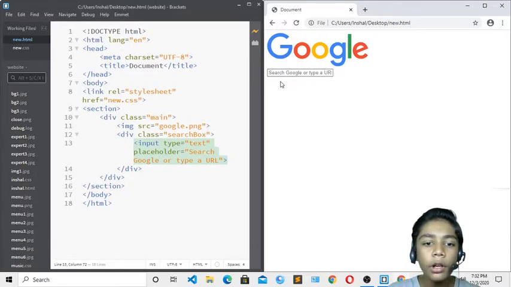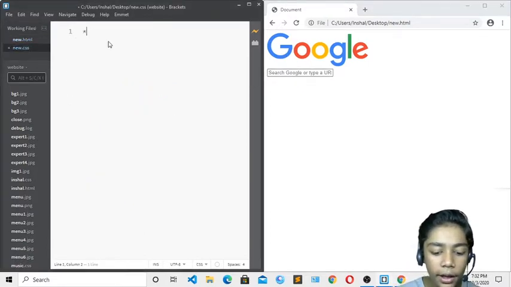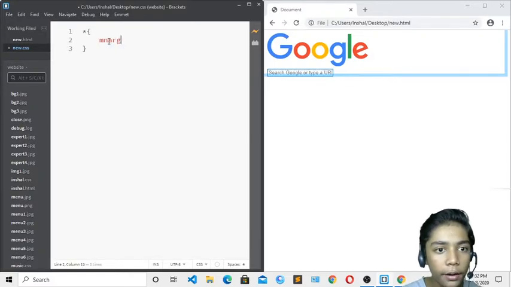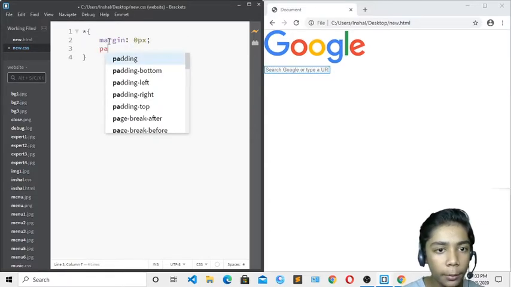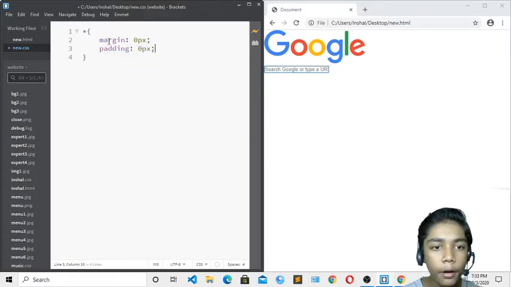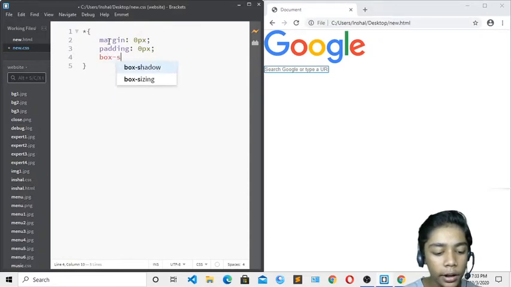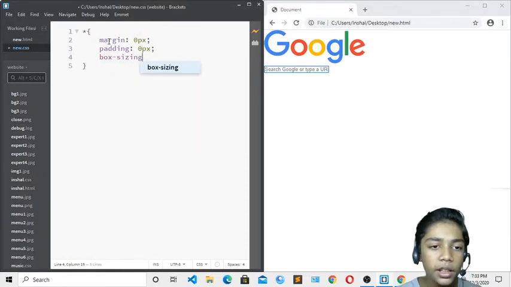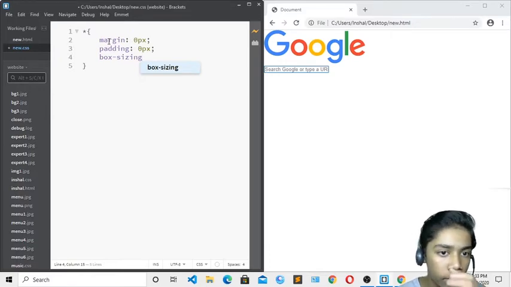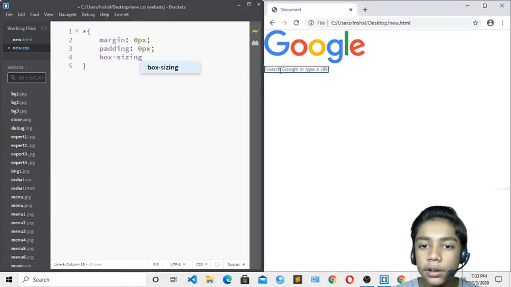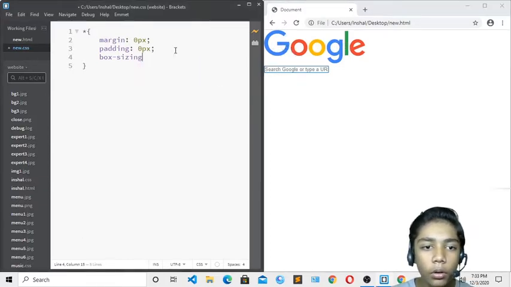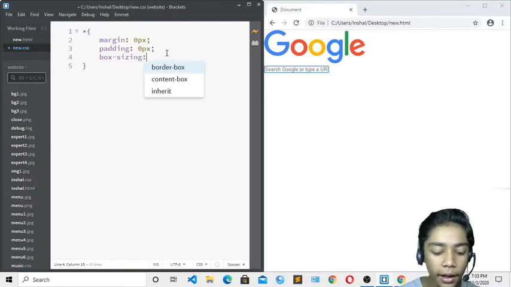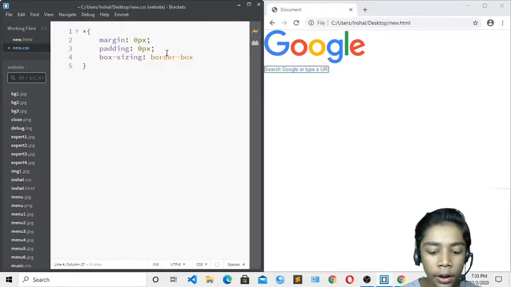Okay, so over here I will do one thing, I will just go to the CSS file, and over here I will just write margin. Okay, like you all know, margin should be 0 pixel, and our padding should also be 0 pixel. Okay, and over here you have to write box-sizing also, because it is really important. From this, the input and the logo will have a space with each other, it will be set nicely. So in this box-sizing you have to write border-box. Okay, save that, and now just hit refresh.